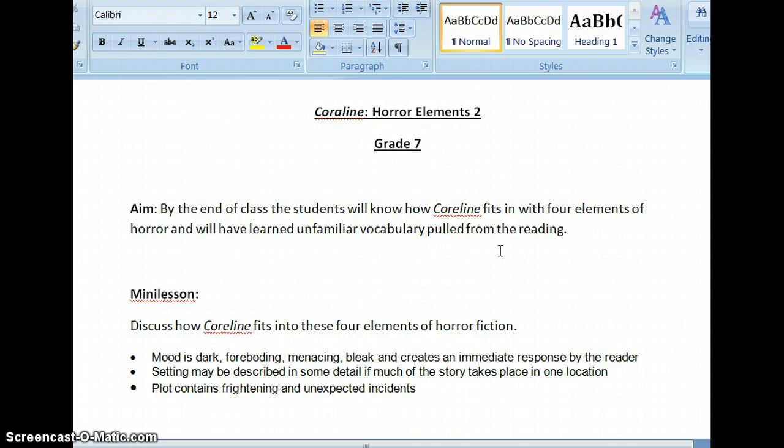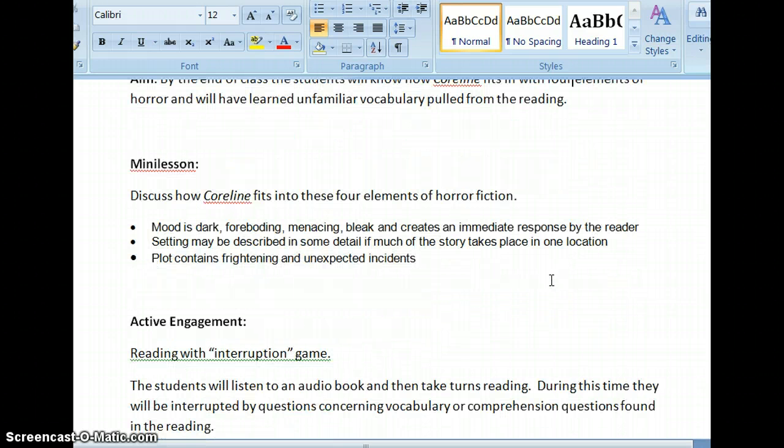My goal was to teach them vocabulary, to teach them abstract ideas about the genre of horror, and to keep them engaged and have fun. So to do this, we're going to do in-class readings, and I had access to a smart board at the time, and so I used it mainly just for the projector. But I came up with a game, and each student had four cards: A, B, C, and D. So it was multiple choice,